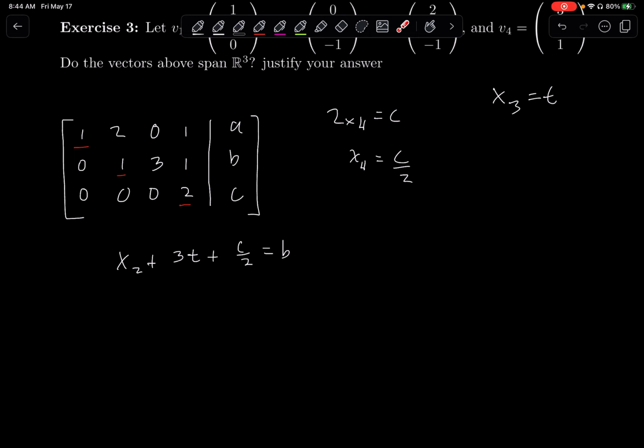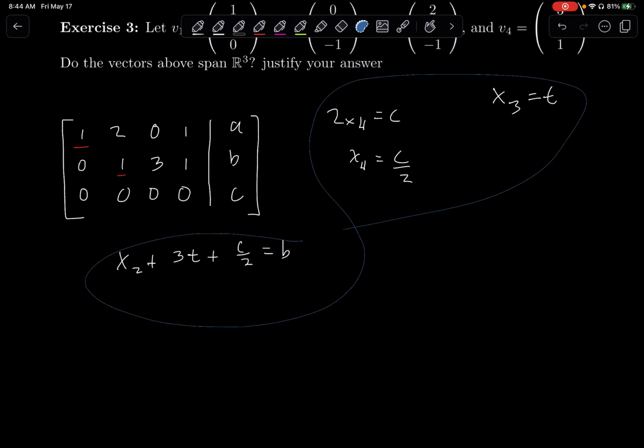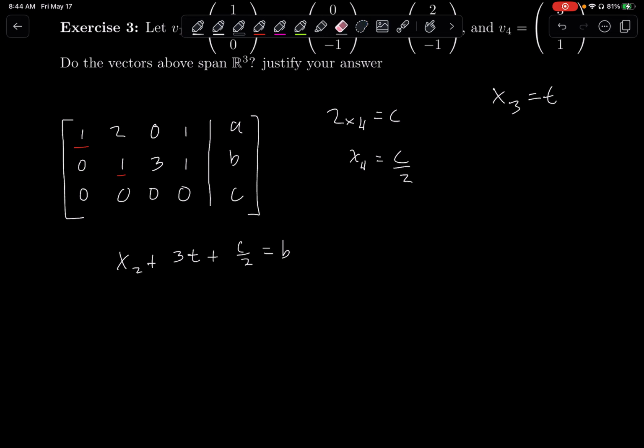So what does this look like if I don't have a pivot in every row? We just said that if I had a pivot in every row, then I'm consistent for any vector that I decide to augment with this matrix. So what happens if this turns into a zero? Well, I don't know if this is going to work. What happens is that you enter this form,